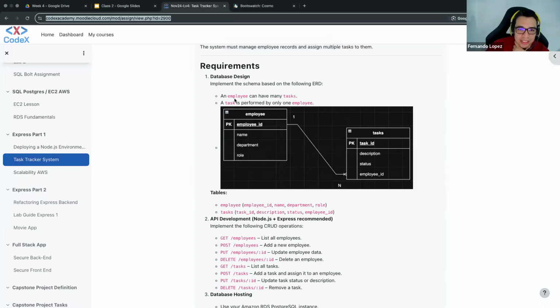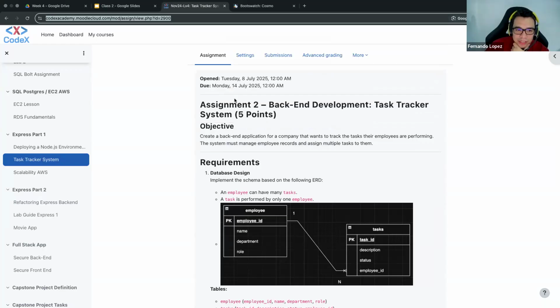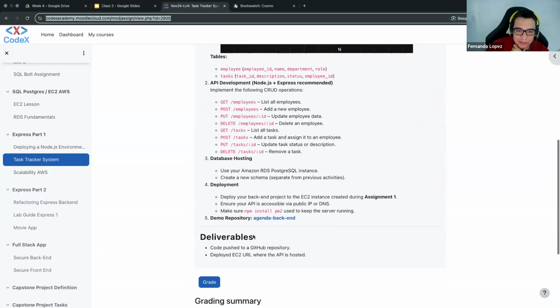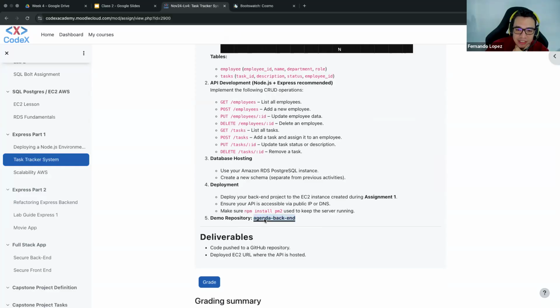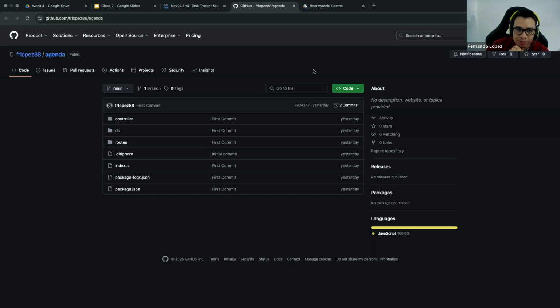In this assignment number 2, there is this option that says demo repository. Here, if you click it, you will have access to the repository of the agenda example. Remember, yesterday we created this